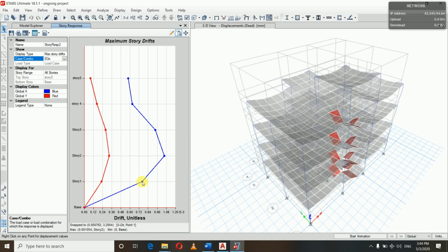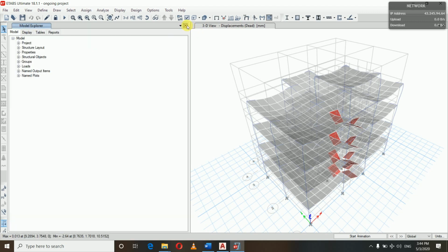Here you can see the value is 0.000762. Okay, so the maximum limit is 0.004 times the story height. Story height is 3.2004, so making it 0.004 times, we get 0.0128 meter. So this is also within our limit. So our building is safe in maximum story drift and maximum story displacement.